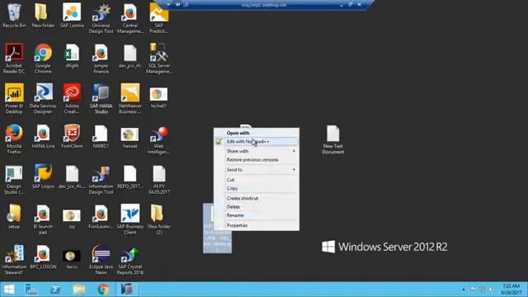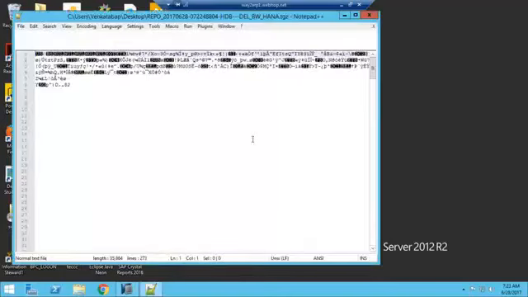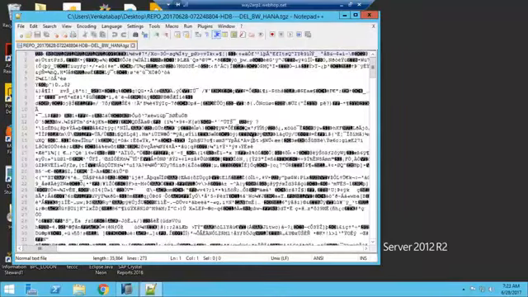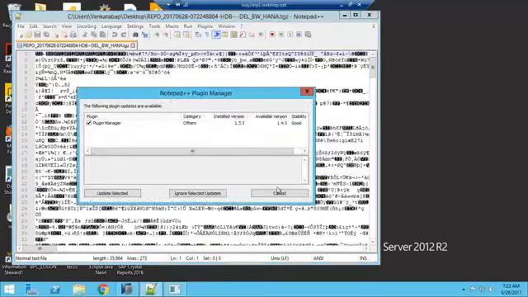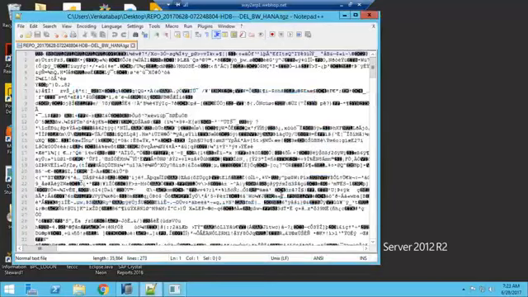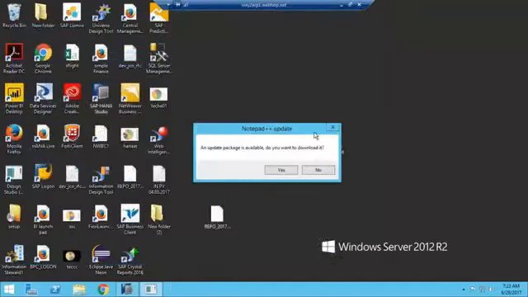See, edit with Notepad. This is some XML backend file. So one file got generated.